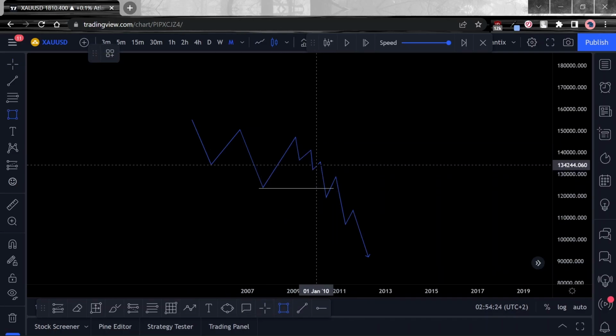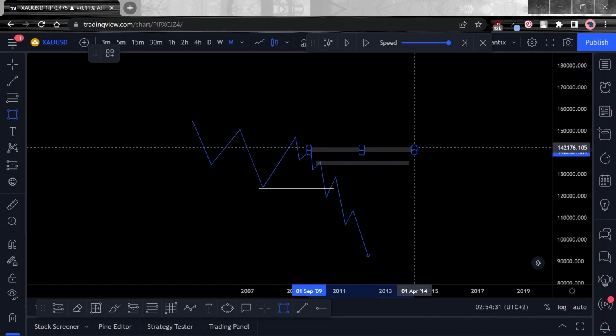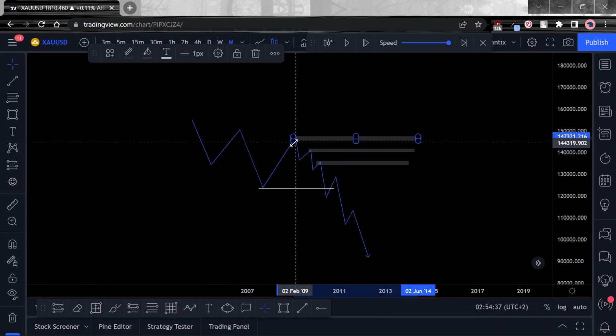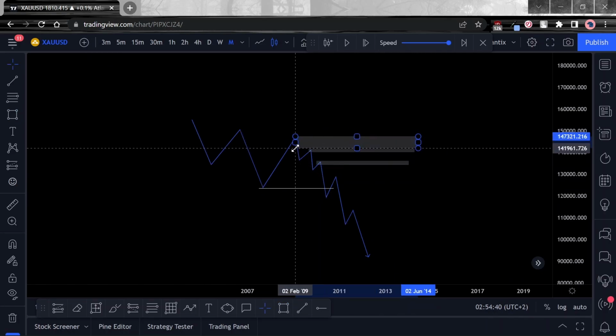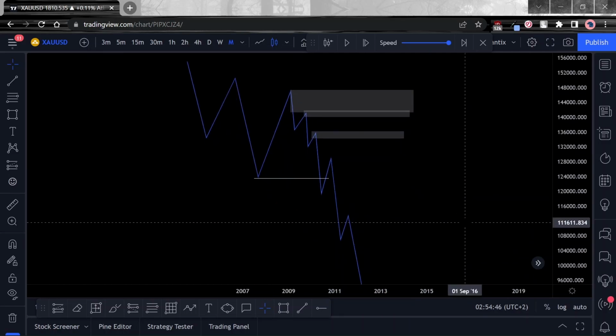Now we've got a POI that's over here, we've got a POI that's over there, and we've got another POI over here. Maybe let's make this POI a little bit bigger, like so. Right, so what we begin to notice is,